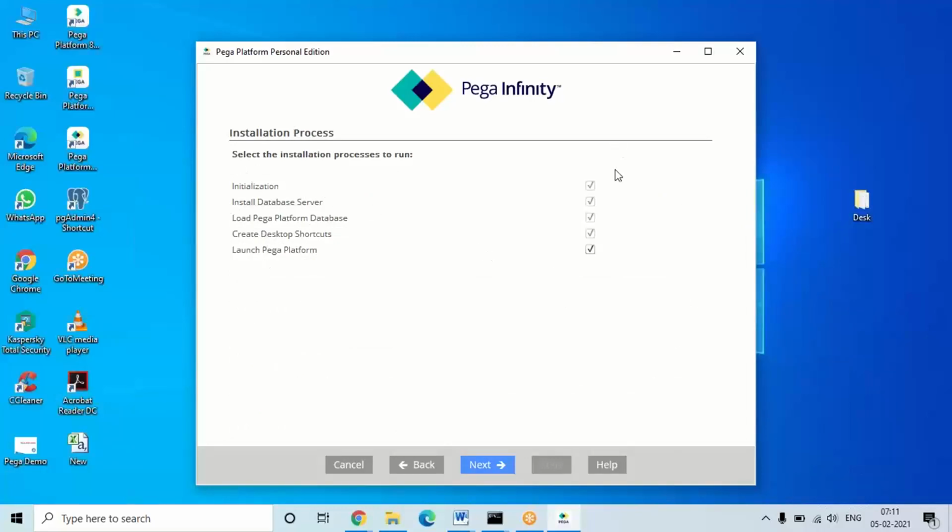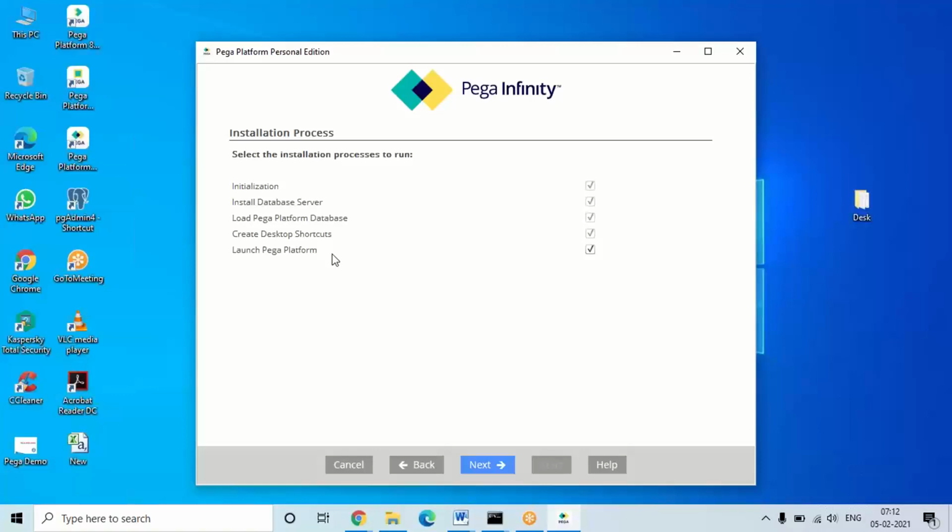Here the installation process will show. All the options are selected, but first it will load all the files, install the server and Java, then install the database, and create some desktop shortcuts. After the setup is completed, desktop shortcuts will be added, and finally it will launch this platform. The personal edition runs on an intranet server, so there is no need to connect to any external server.